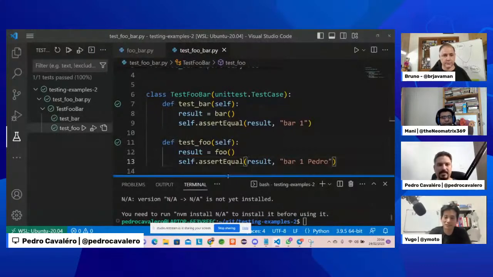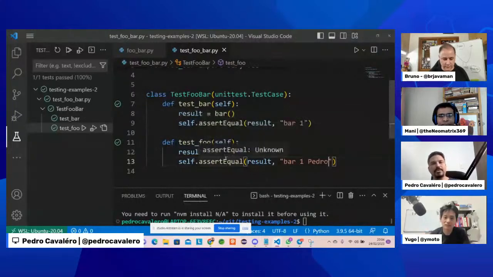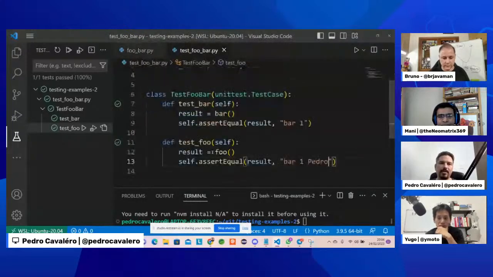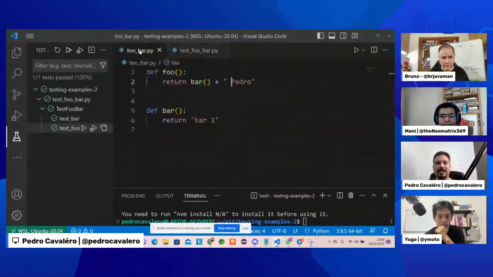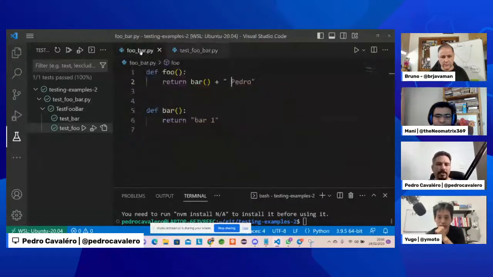And you say, okay, Pedro, but you are testing something that is calling another function as well. This is a thing that I want to discuss with you guys. For example, when this test here tests just one layer, let me call this function a layer, okay? When I test just one layer, I call it a unit test, okay? Because I'm just testing one layer. And if I'm testing more than one layer, that's this case, right?